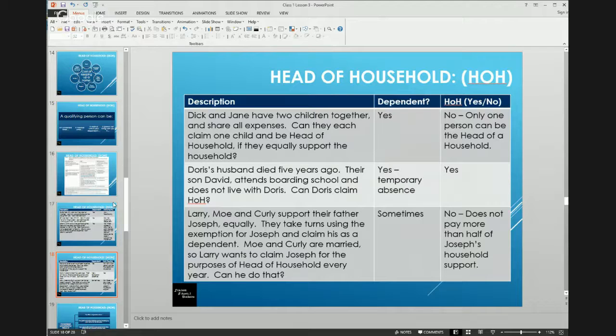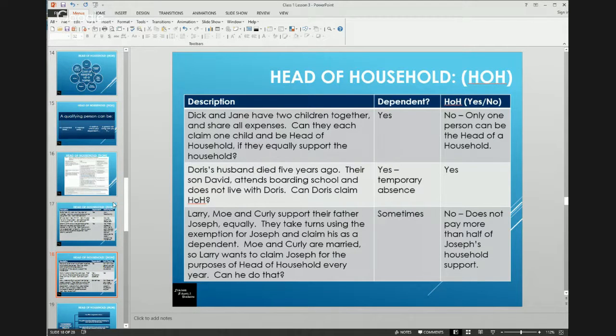Doris's husband died 5 years ago, and their son David attends boarding school and does not live with Doris. Can Doris claim head of household? Yes, she would be able to claim David as a dependent because his schooling is considered a temporary absence. And so then yes, Doris would be able to claim head of household. Had Doris's husband died in the last 2 years, depending on David's age, she may be able to claim qualifying